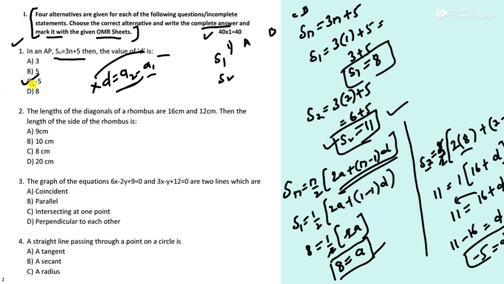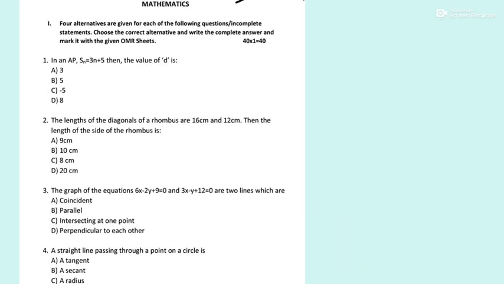So which one is correct here? C. So for C you have to round it off, either you have to make it full black or you have to tick it only on the one option. Okay, this is how you have to write in your exam. So I hope question number 1 is clear to you all. Okay, moving to the second question.